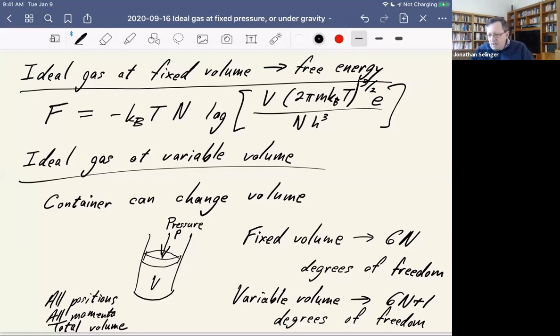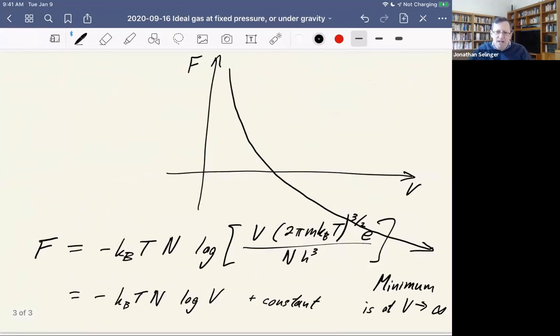Without that, the optimum volume really would be infinity, right? If you release a sample of gas in outer space where there is no pressure, it really would expand to size infinity. There'd be no limit on the expansion. But typically we care about what happens under fixed pressure. Okay? So that means that there is